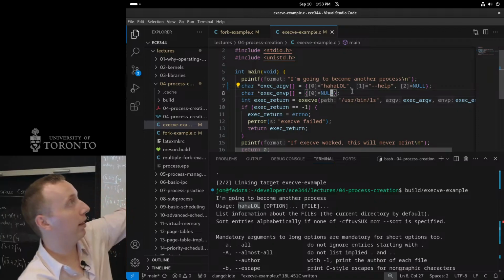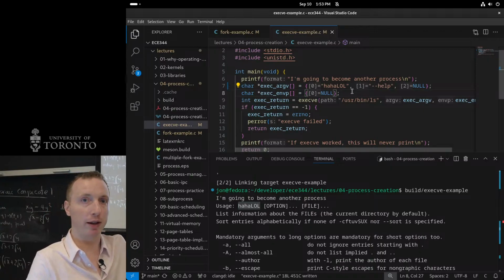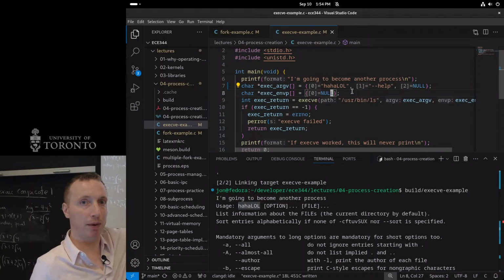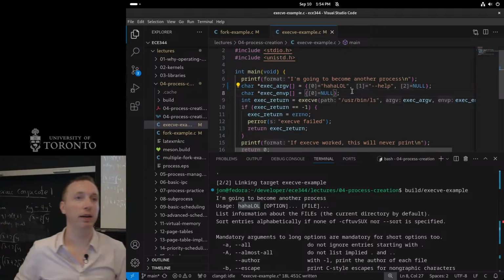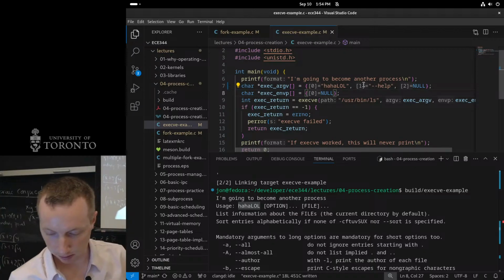Yeah? So this will be equivalent to /usr/bin/ls --help. That right there is the same as just running ls --help, and part of what your shell does is figure out where that ls executable is. So it will be equivalent to me typing that into the terminal. This does the exact same thing as me writing just ls --help. If you just wanted to do the regular ls command, you could just pass an empty